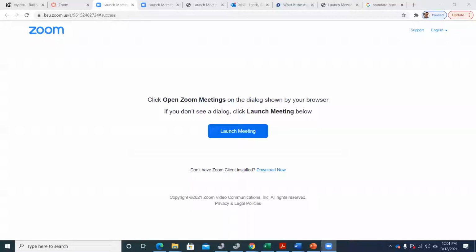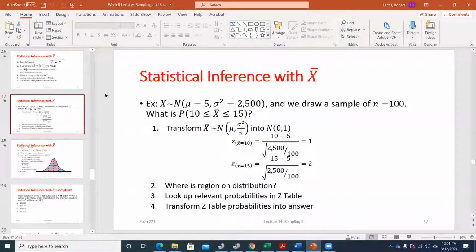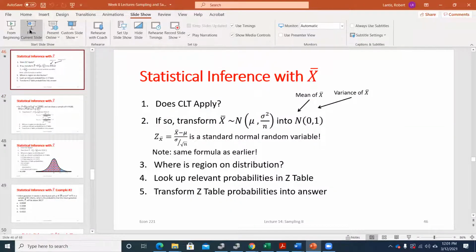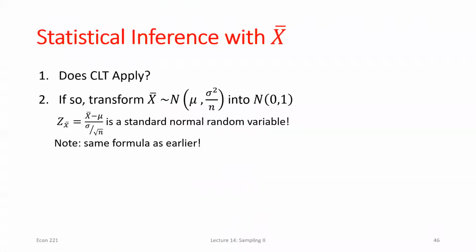Okay, so we'll pick up where we left off and just work through some examples. I'll introduce the idea of proportions today and briefly introduce the idea of confidence intervals, which we'll be primarily working on next week. So I think where we left off, if I recall, was thinking about,